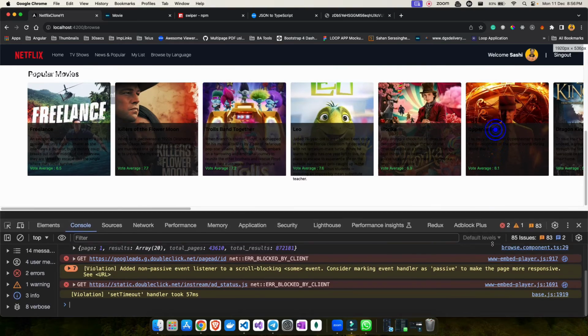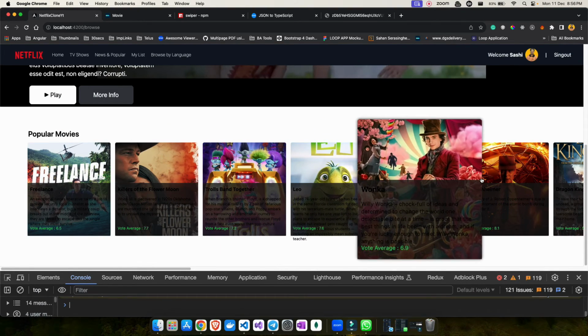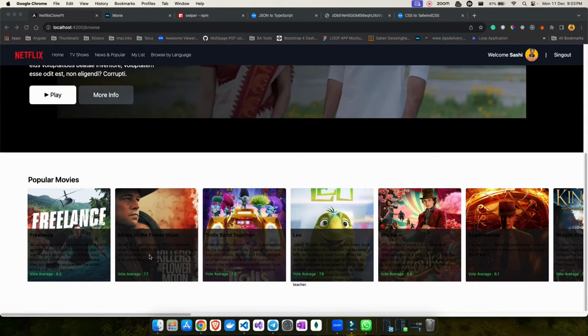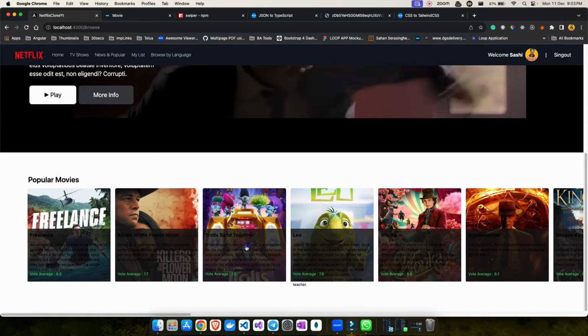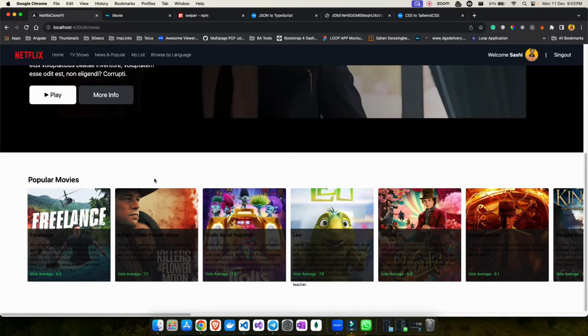Now can you see, if I show you on the top, I am able to see all the images as well, and how beautiful it looks. Now I have images, titles, average, everything, but it's still not looking good because this is all black and we have all this white background. This is because I wanted something in dark mode.